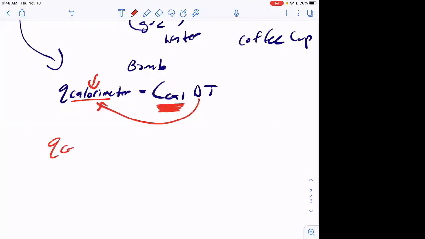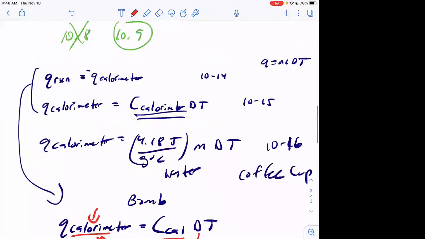Then we can use Q calorimeter is equal to C cal delta T. Now we can put an unknown substance in our bomb calorimeter, piece of food or something like that, right? We already know this. We look at the change in temperature, and because of this,